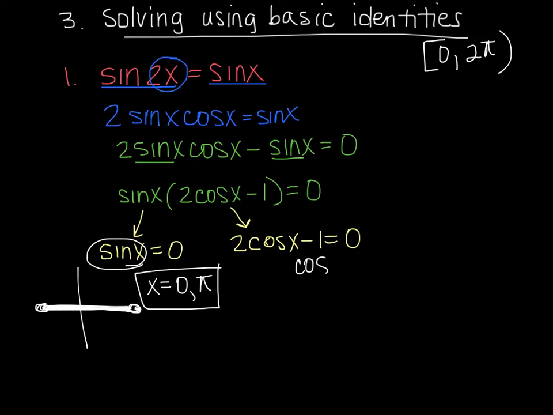And then this equation I need to solve, where is cosine of x equal to a half? So I need to think about what that triangle looks like. And again, there's going to be 2 of them because there's 2 places where the x value is positive. X value is positive in the first quadrant. X value is positive also in the fourth quadrant. So I'll try to draw that a little bit better.